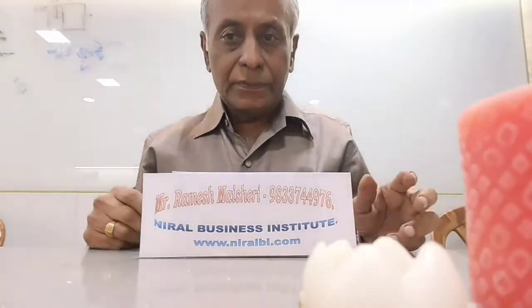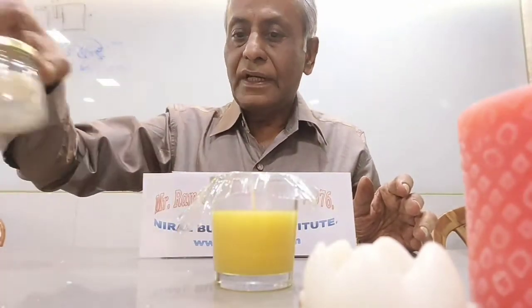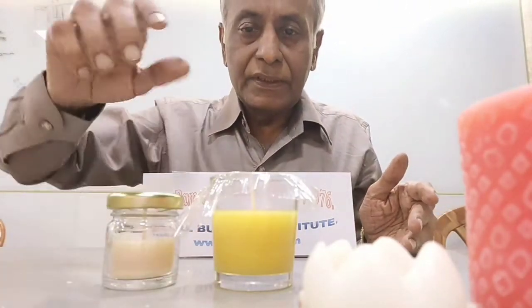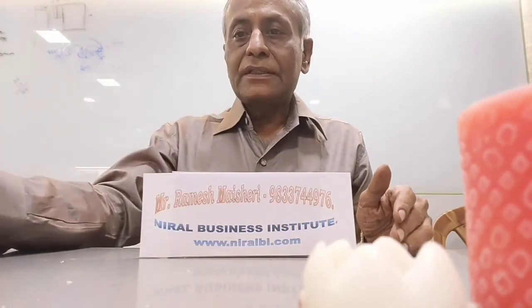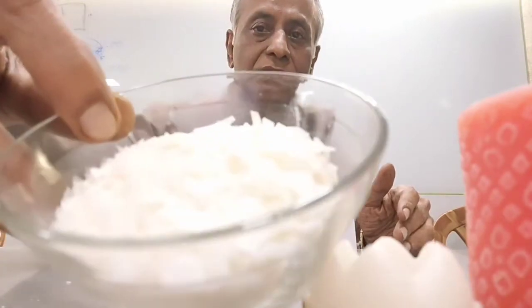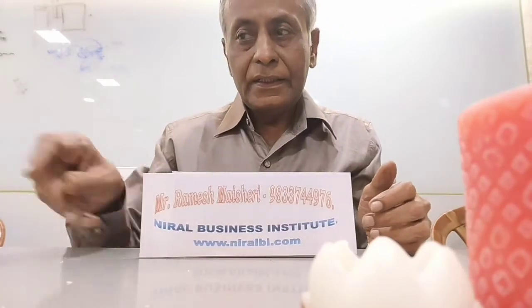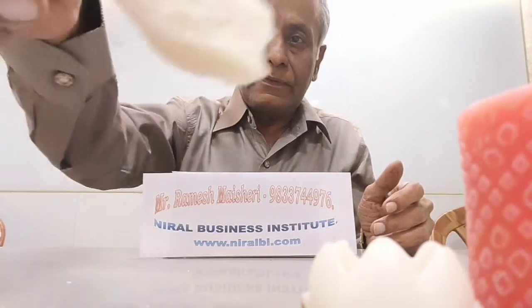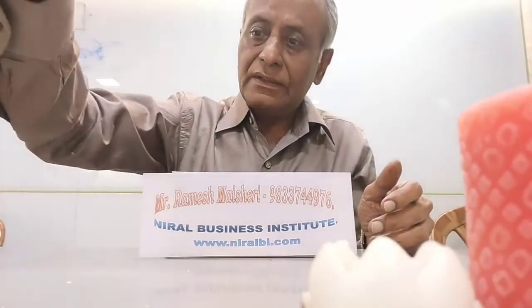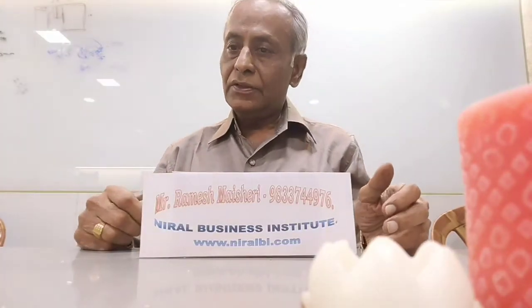Now with beeswax we can make container candles, jar candles. These are also made with some combination we can use with that. Now there is one wax we call soya wax. This is soya wax. It's flake-like. It's available in flakes. Sometimes we use this for glass and container candles. Then comes vegetable wax. This is vegetable wax. You can use it as and where you require for making glass, jar candles, etc.